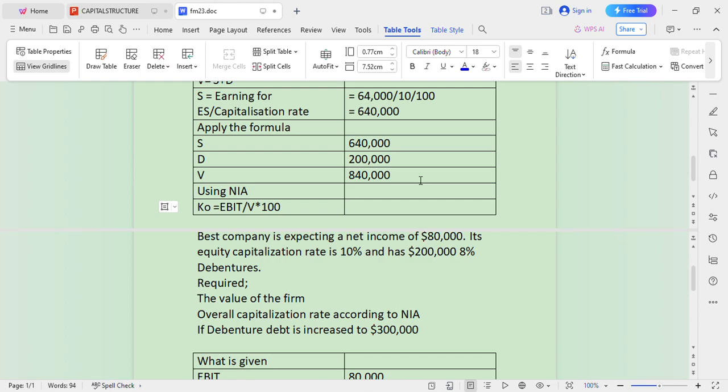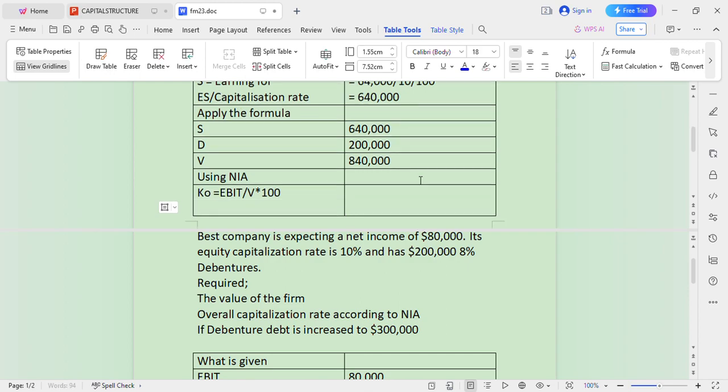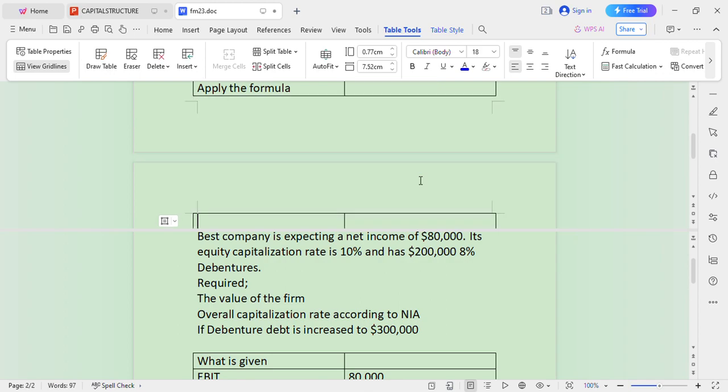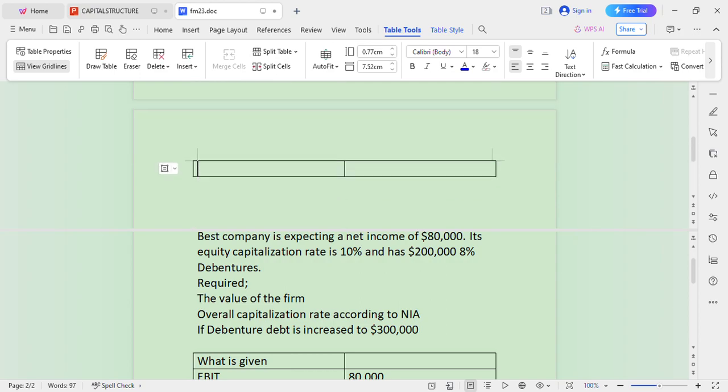So can we apply the formula? We are applying the formula to get the value. So KO equals,